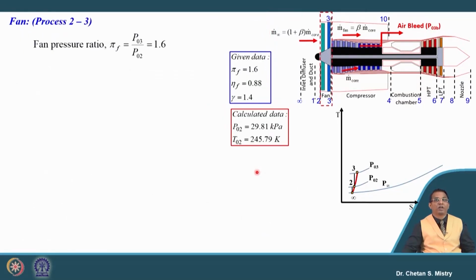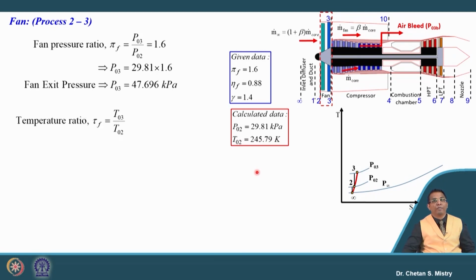So, the next component we will select is the fan. For the fan we are given a pressure ratio of 1.6. Based on that pressure ratio, we can calculate the outlet pressure from the fan. This outlet pressure from the fan is coming to 47.69 kilopascal. Now, we also know our temperature ratio, which is a function of the pressure ratio and